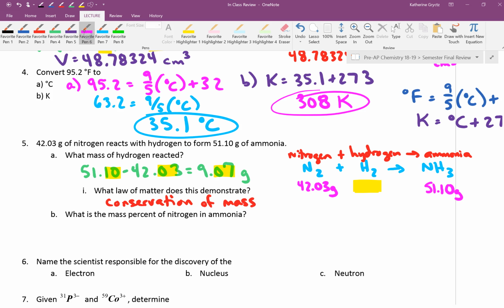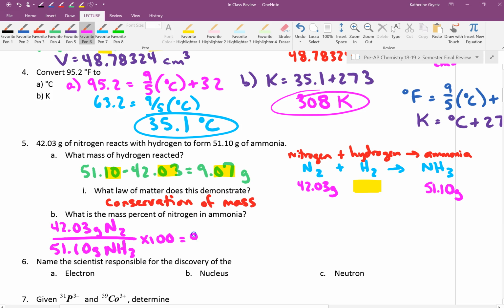Okay, and then B says, what is the mass percent of nitrogen in ammonia? You could do this a couple different ways, and this is to show you that it's going to be the same every time. If you just simply use the masses given, the mass percent is 42.03 grams of nitrogen over the 51.1 grams of ammonia. Remember, a percent is always a part over a whole times 100. So if you do 42.03 divided by 51.10 multiplied by 100, you will get